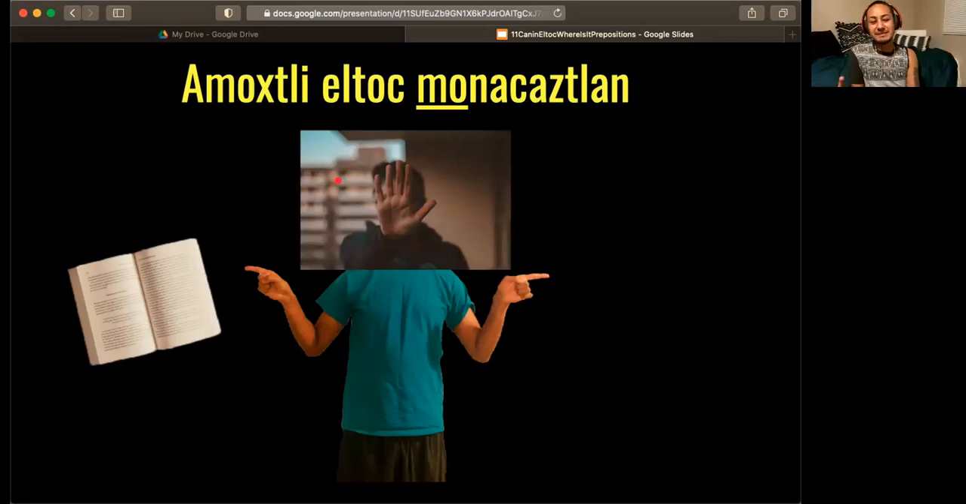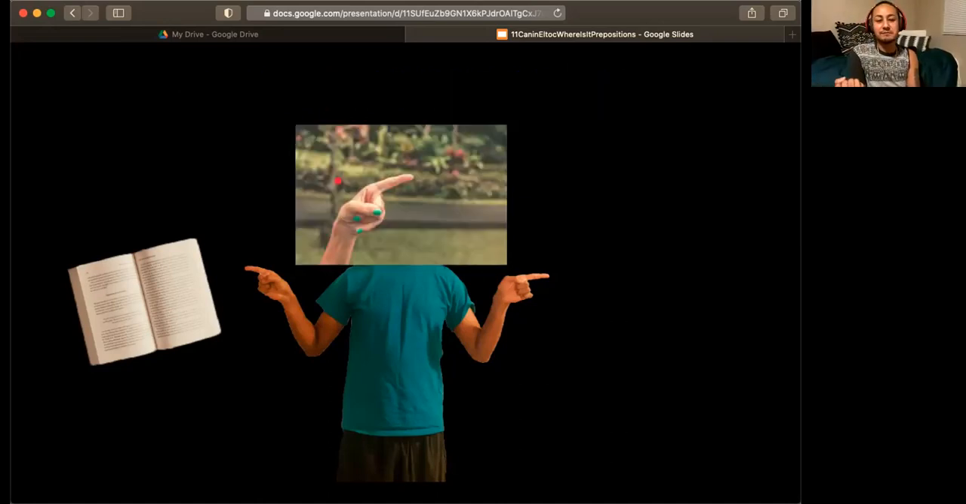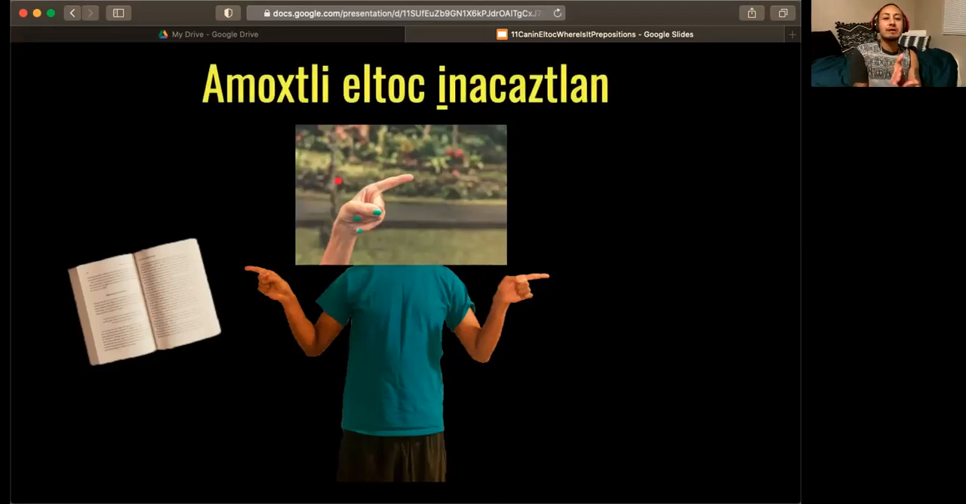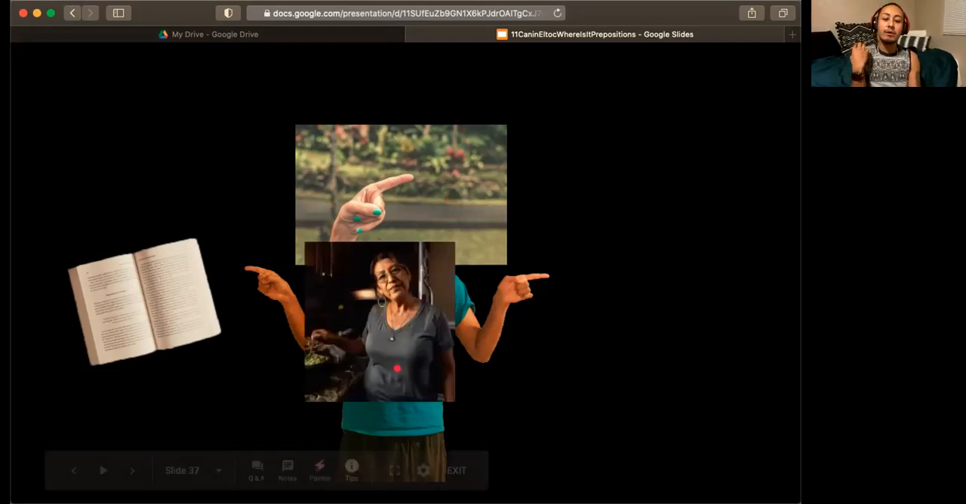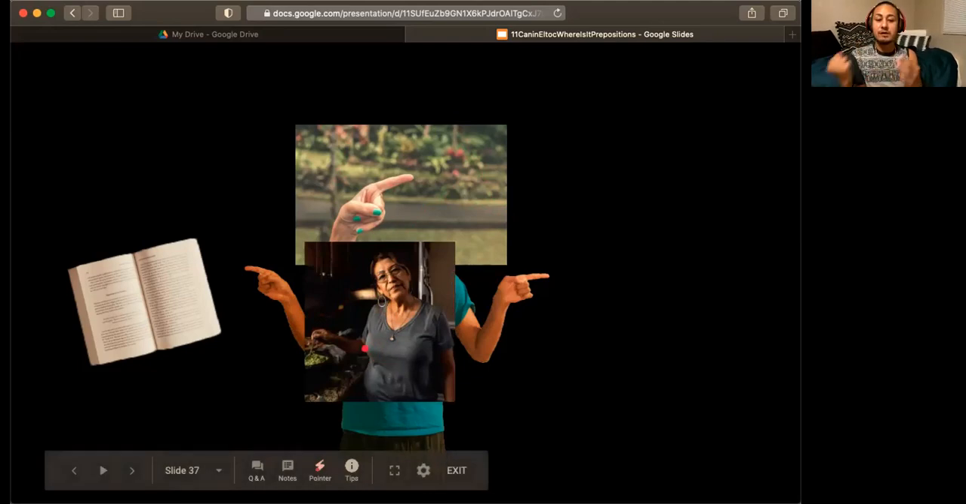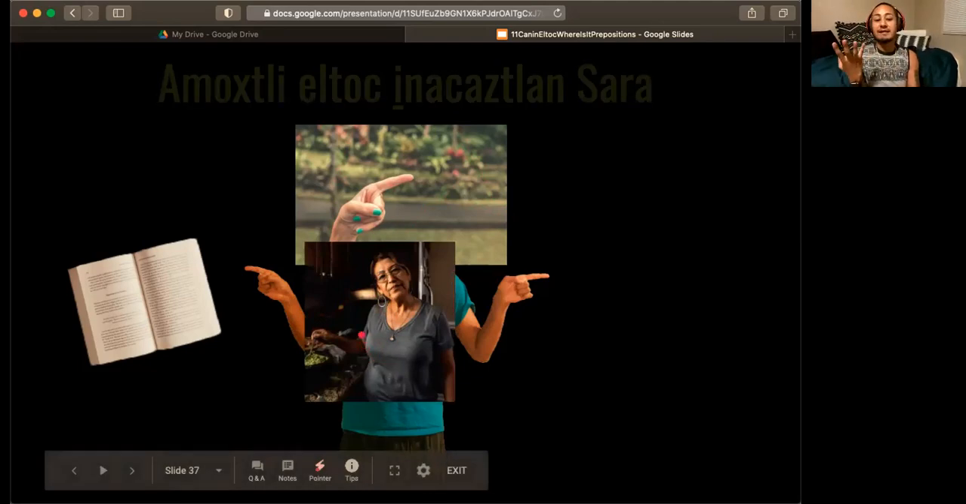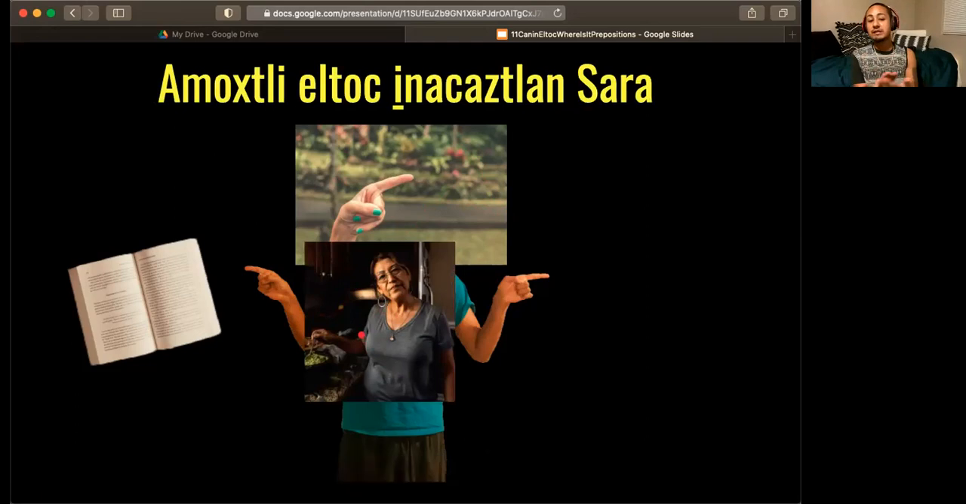Amoshli eltoc monakastlan. Basically, these are the six forms, right? Amoshli eltoc inakastlan. His in this e, remember, is his or her, so it could also mean it. So it's talking about next to the side of it, to the side of her, to the side of him, etc. If you have a specific person that you want to say it's next to, we just add the name to it. So it would be Amoshli eltoc